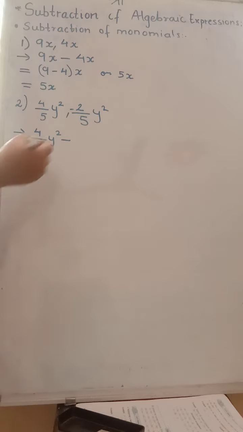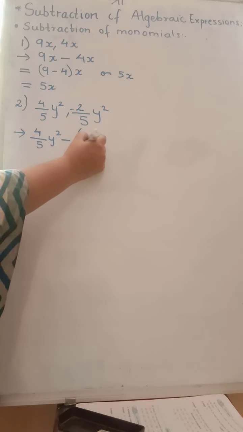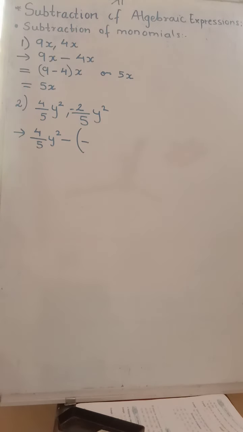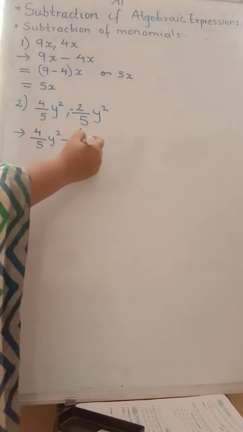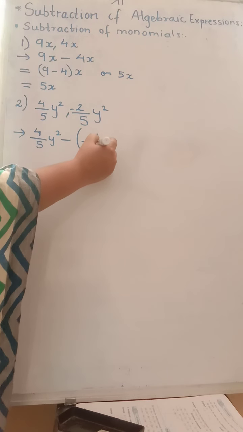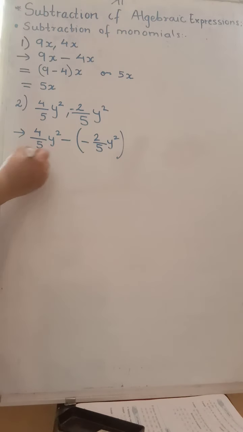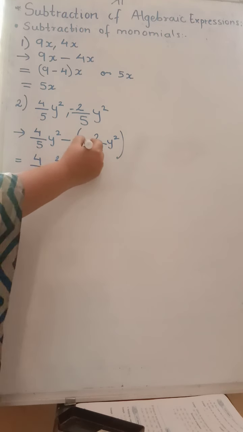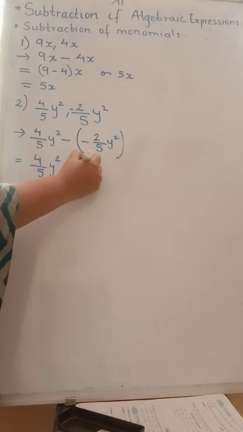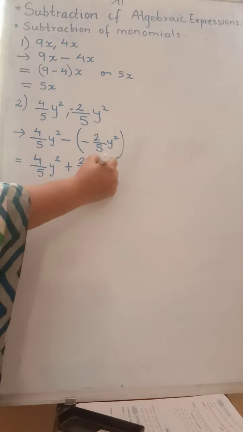But if you see, the other monomial is negative, so I will write it in this way: negative 2 upon 5 y square. Now if you see, two negative signs will turn to positive. So I will write 4 upon 5 y square, minus minus will become plus, that is 2 upon 5 y